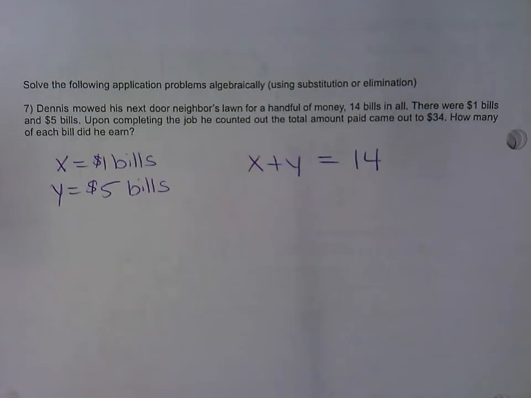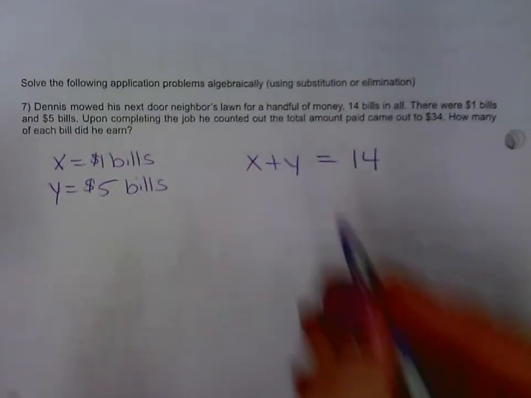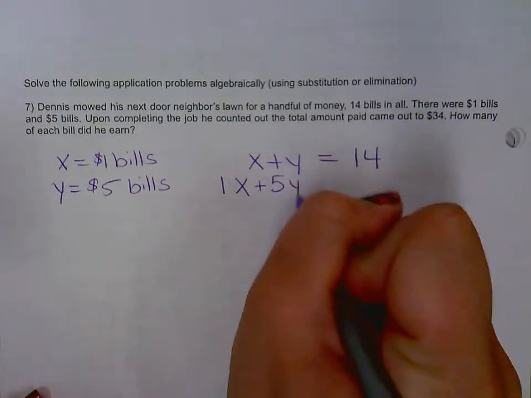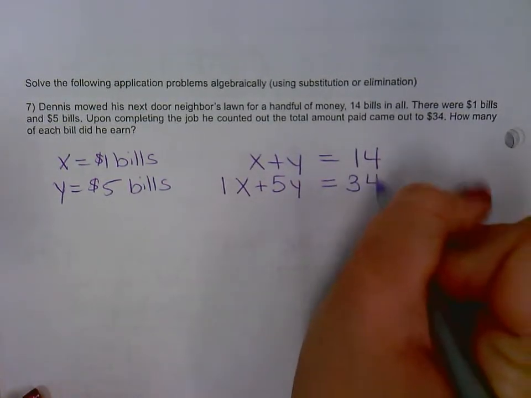So come up with what my second equation would be about the money. How much does each one get? How much is each one worth? $1 bills and $5 bills. So it would be that each X is worth $1 and each Y is worth $5, and I have $34